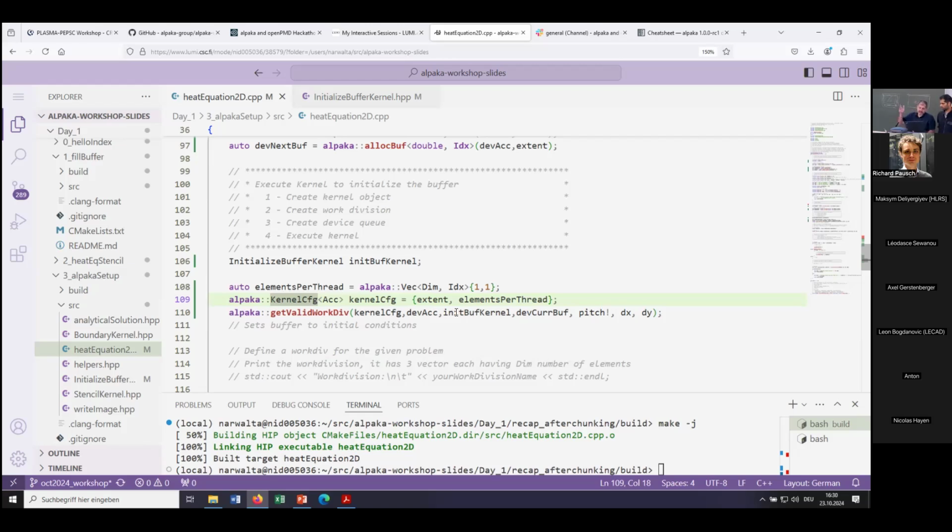The sizes would be balanced. I think that's, yeah. Okay. So